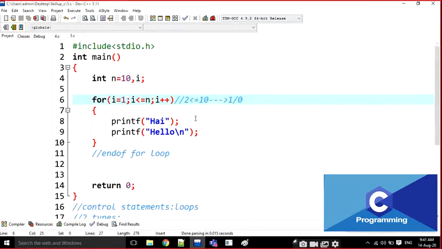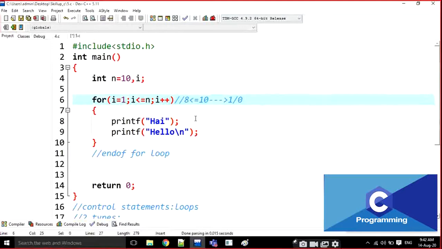Okay, I value becomes 2, and after this increment and decrement block, it again goes to the condition block, and again checks whether it is true or not. Is 2 less than 10 true? Yes, again it is true. It goes inside the for loop, executes hi and hello, and comes again to the increment and decrement block. Here I++ is there. Then it is 3. For 3 also it prints, for 4, 5, 6, 7, 8, 9 and 10.